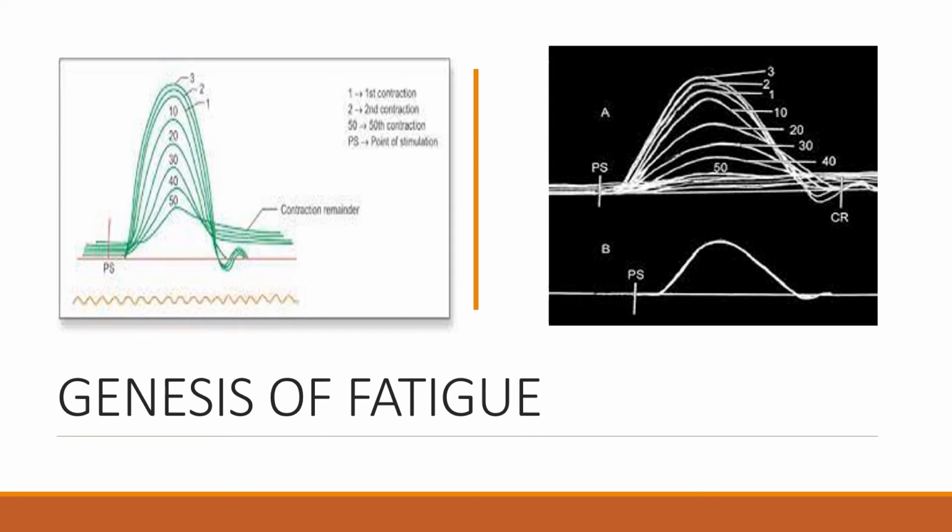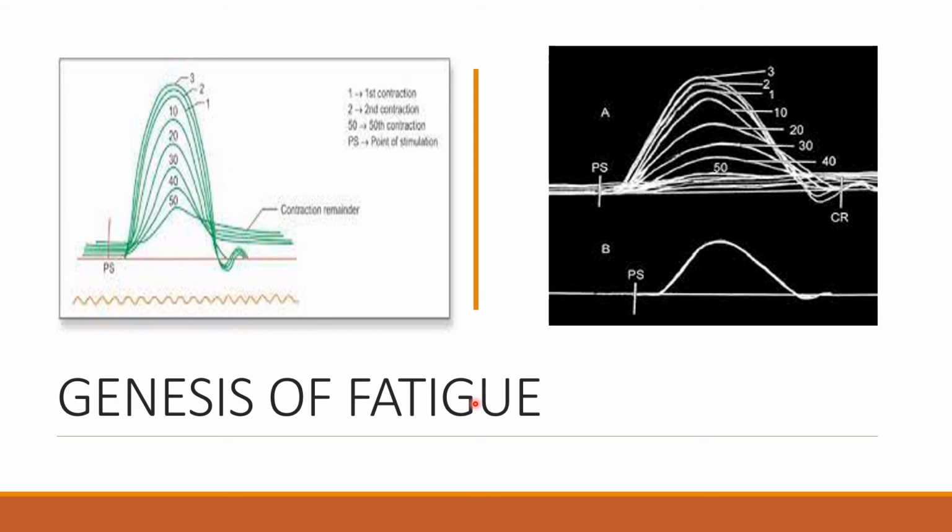So next graph is genesis of fatigue. Fatigue is a common word which you will be knowing the meaning of: tiredness. It is defined as decrease in performance due to continuous or prolonged activity. It can occur in a whole organism that is intact and also in isolated muscle preparation like this experiment. The mechanism is different in both. Fatigue is reversible and there is no permanent functional or structural damage. You can easily understand this because when you work for more time, you feel tired. That is because of muscle fatigue.